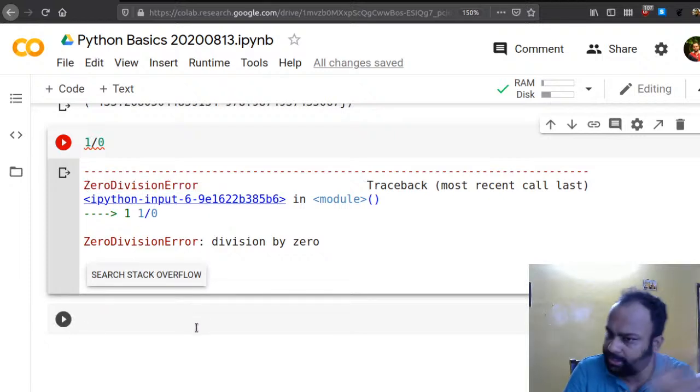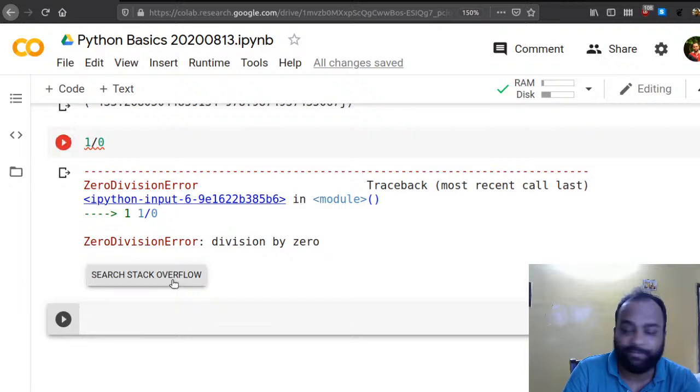So that's understood, right? Now there is a helpful button here. It says search Stack Overflow. If you ever become a programmer and do programming at least as a part-time job, as a part of your job, then Stack Overflow is going to be your best friend. Anytime you face any difficulty in programming, what do